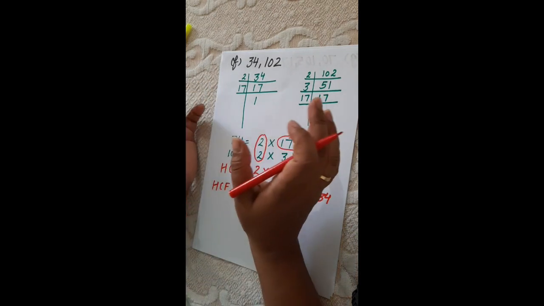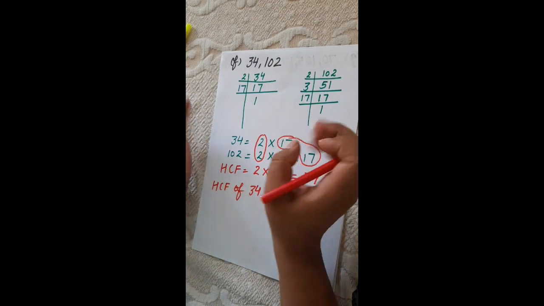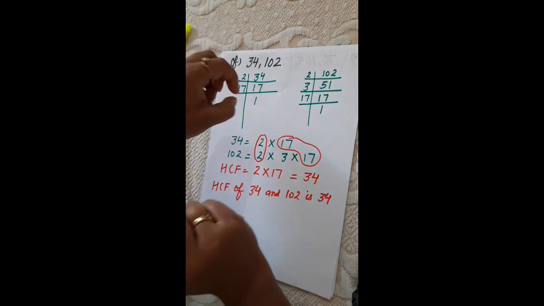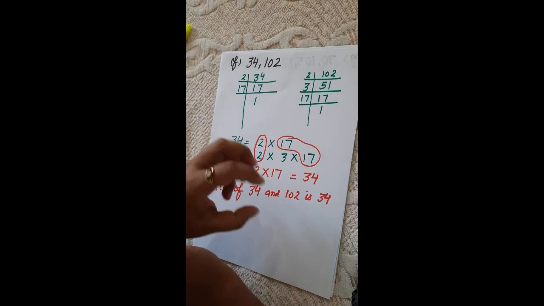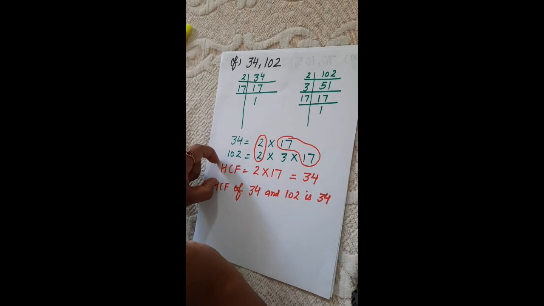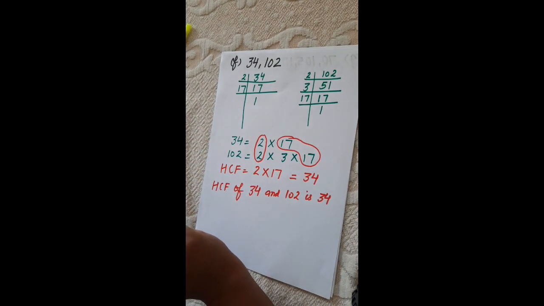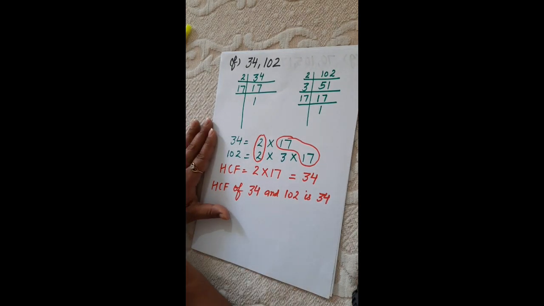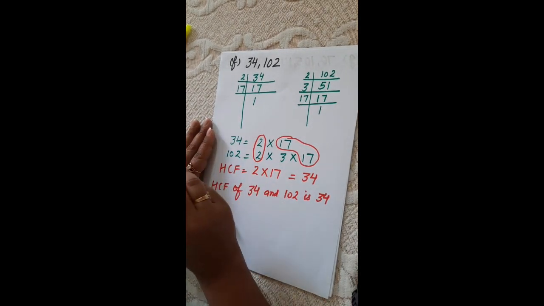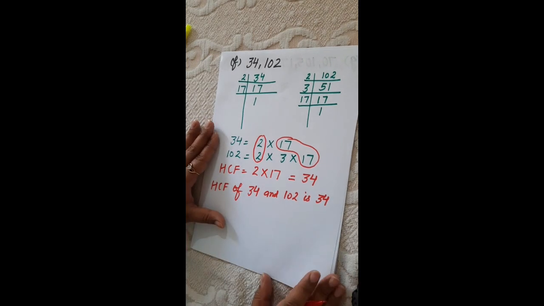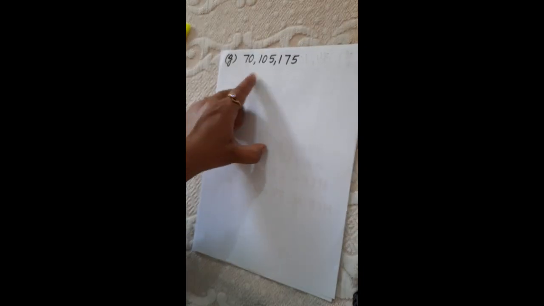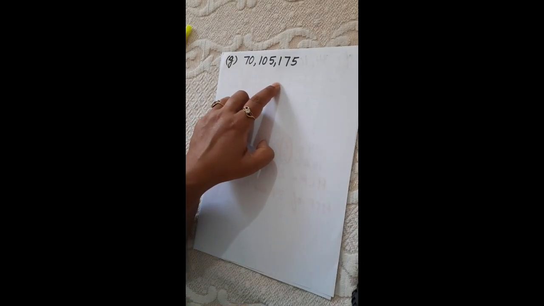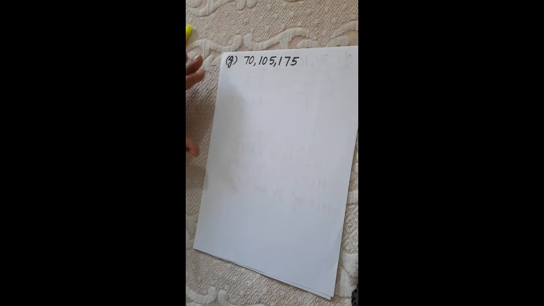Students, we practiced so many parts and in each part we follow the same criteria. First we do the prime factorization, then we write the prime factorization form, then we find the HCF by writing the product of the common prime factors. So this is the same criteria, same method which we will follow in this exercise. Now next we have G part. Now in this part we have 3 numbers and you have to find the highest common factor. Criteria is same, the whole method is same.